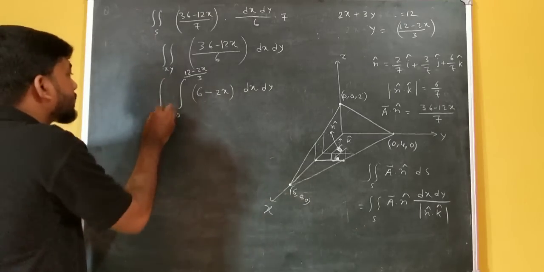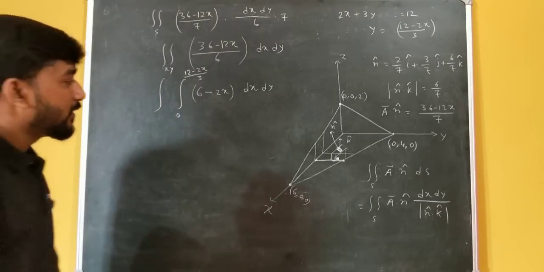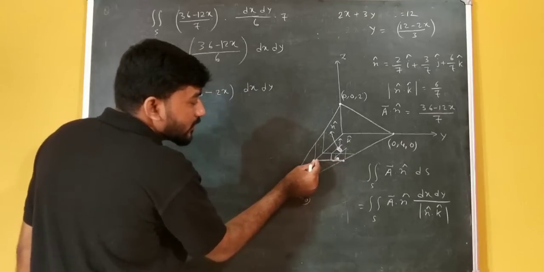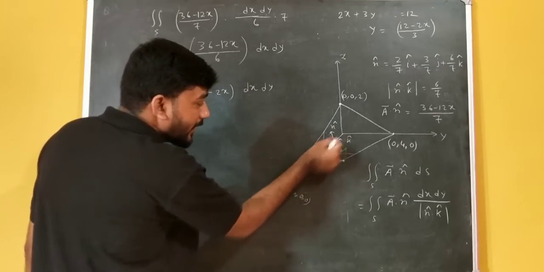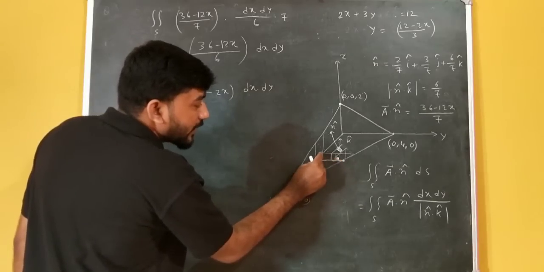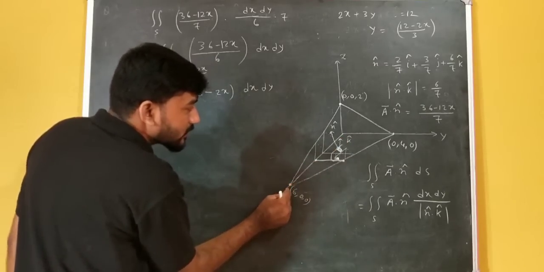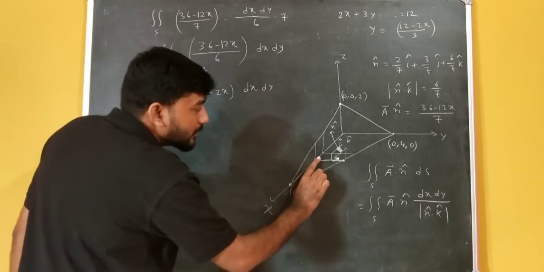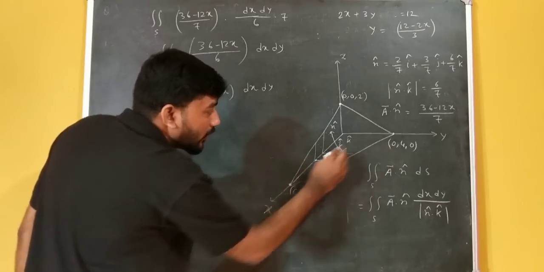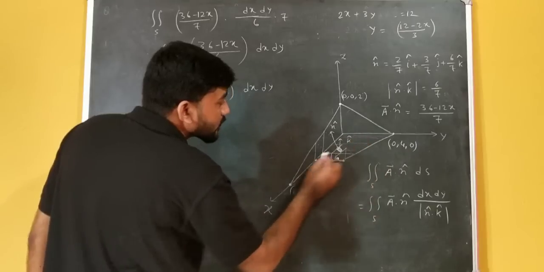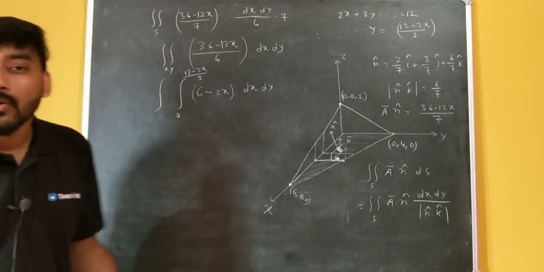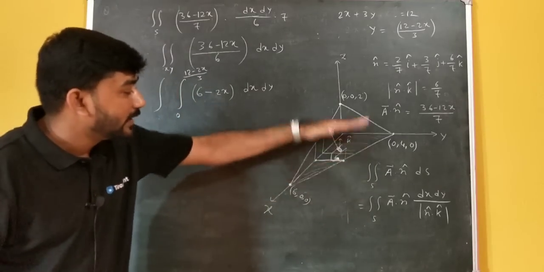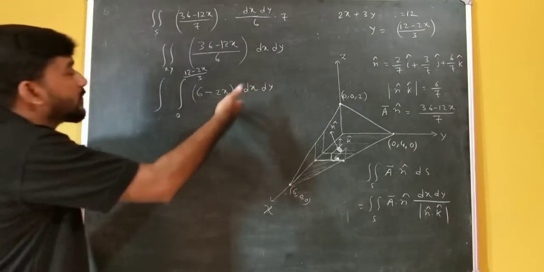And what is the limit of x? Now this strip, you can see this strip will vary from 0 to y, and along x axis, if we can vary this thing from 0 to 6, please keep in mind, if this will vary from 0 to 6 and y will vary from 0 to this point, then the whole xy plane on where I want to do this integration, I have chosen initially that is the xy plane. So we have to cover the whole xy plane, because this is the integration on xy plane.